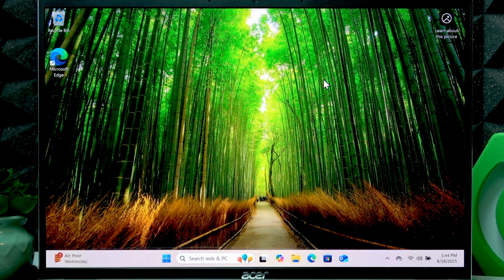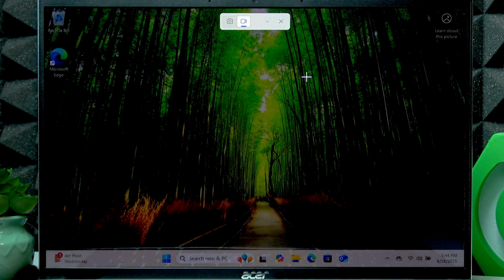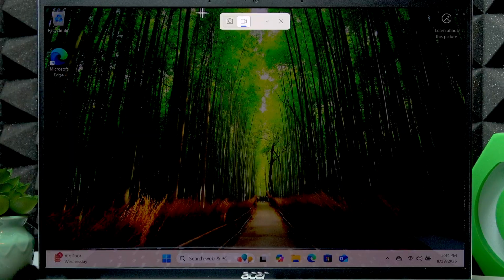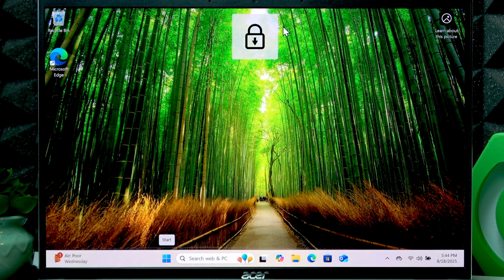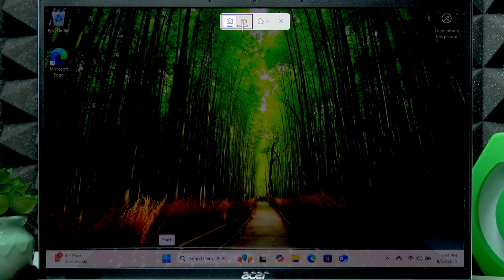So to begin the screen recording, use the combination of 3 keys: Windows, Shift and R. Once you press these 3 buttons simultaneously, this bar will appear at the top of your screen, and the other way to start a screen recording is by pressing the print screen button. And once you do that,